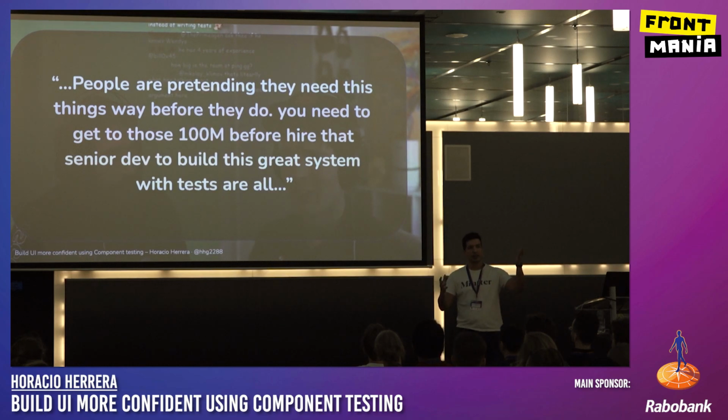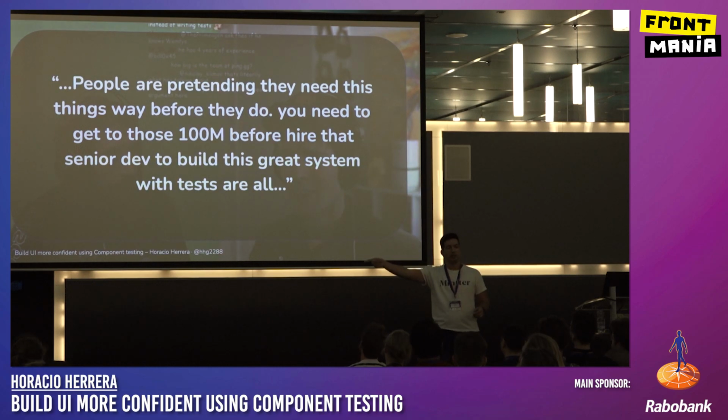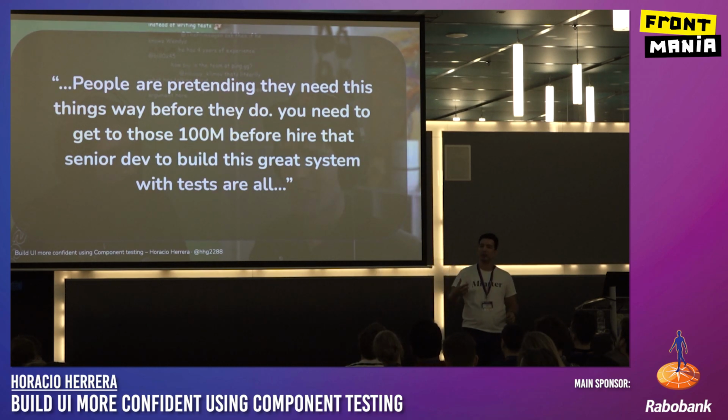We need to say, okay, it's better to just run fast and iterate and fail and go back again in order to get users and get to the point that we have money to hire another senior developer to help us make this architecture better. That's a balance that we all have to do. And that depends a lot on our past experiences, or the team that we are, and also the time that we are at in